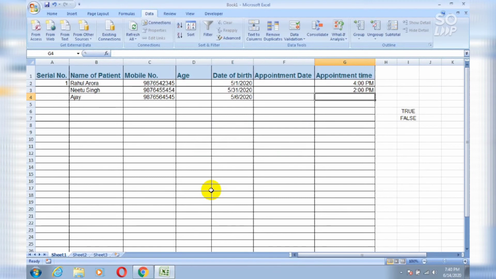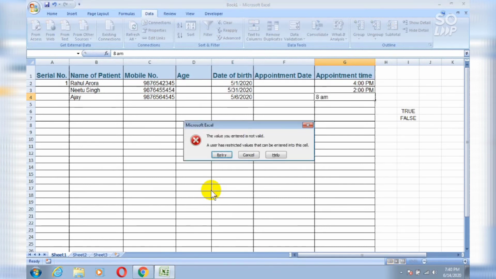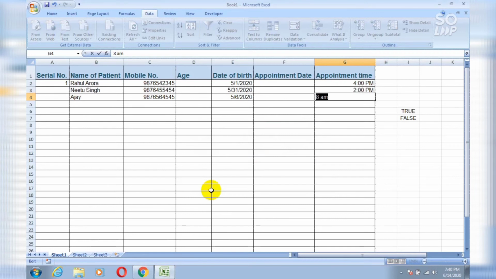So as you can see, it saved 2 PM time because it is between 9 AM to 7 PM. 8 AM also it won't accept. So in this column you can select only the time between 9 AM to 7 PM only.